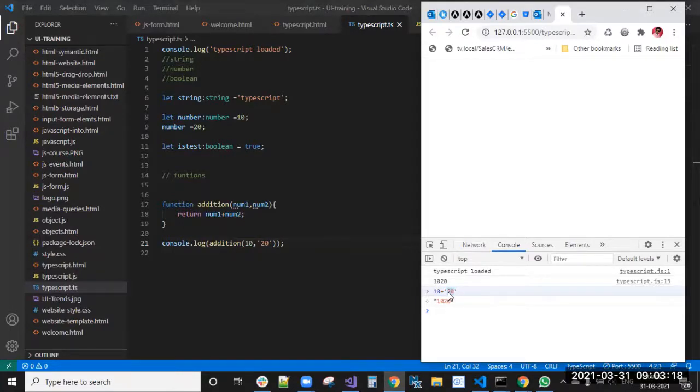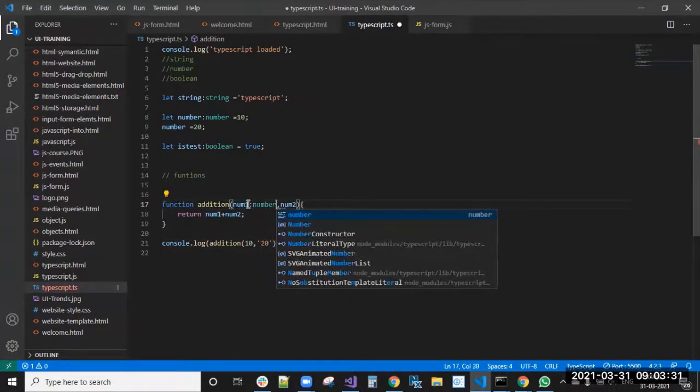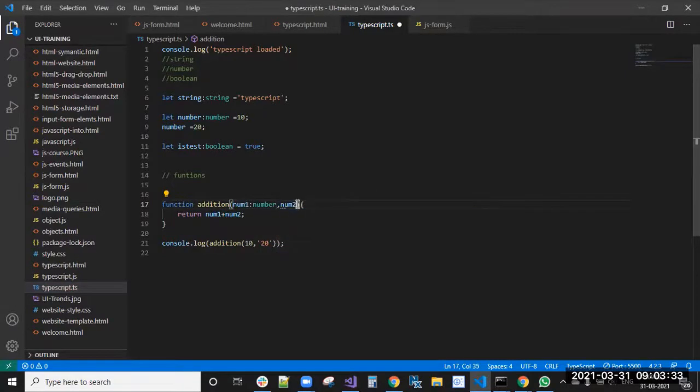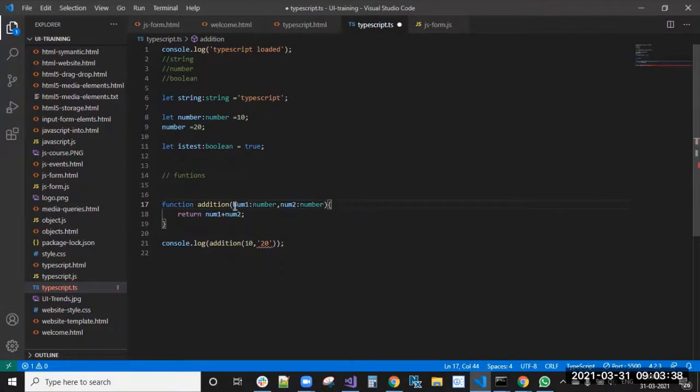To avoid these types of misleading results, we can use TypeScript's advanced features like typing. A number should expect only a number. You can declare it like this: num1 of type number and num2 of type number.